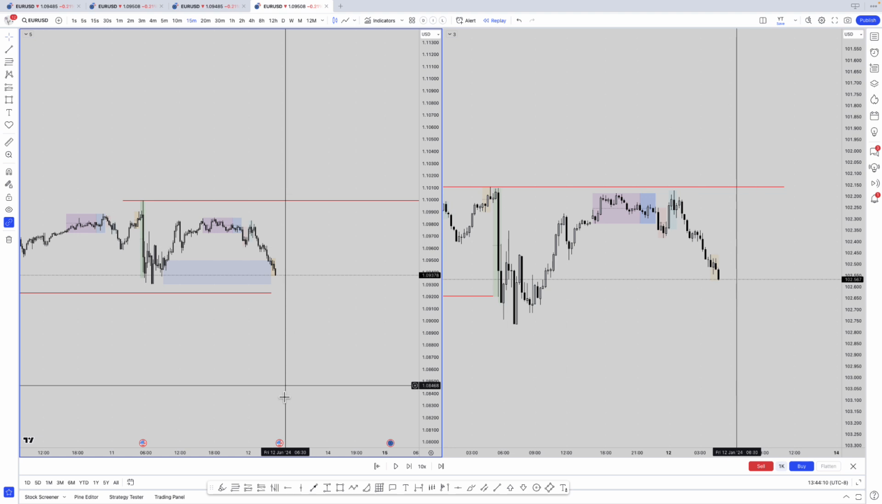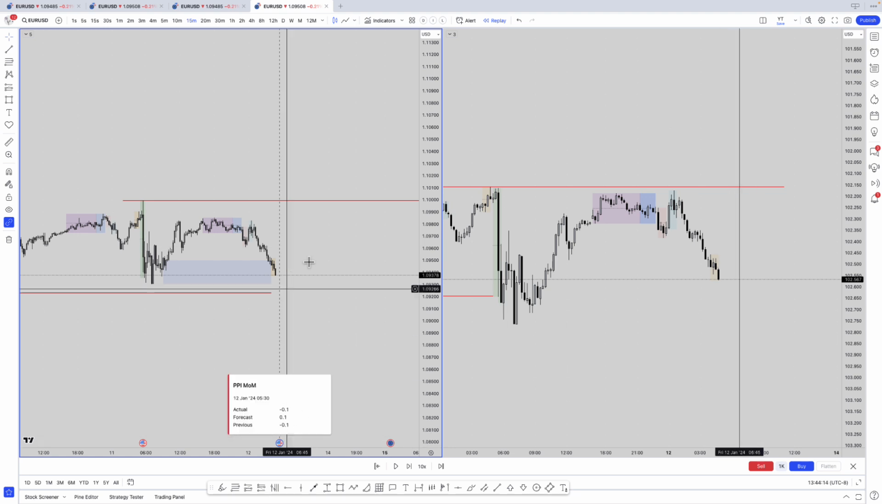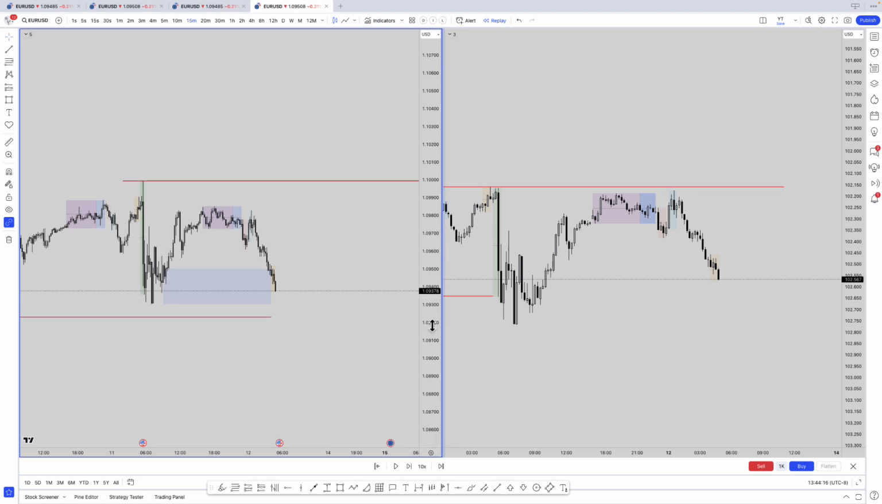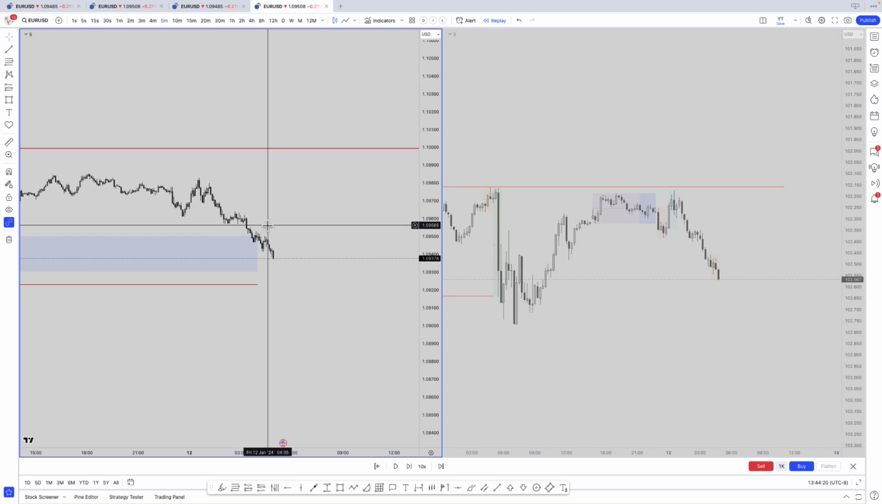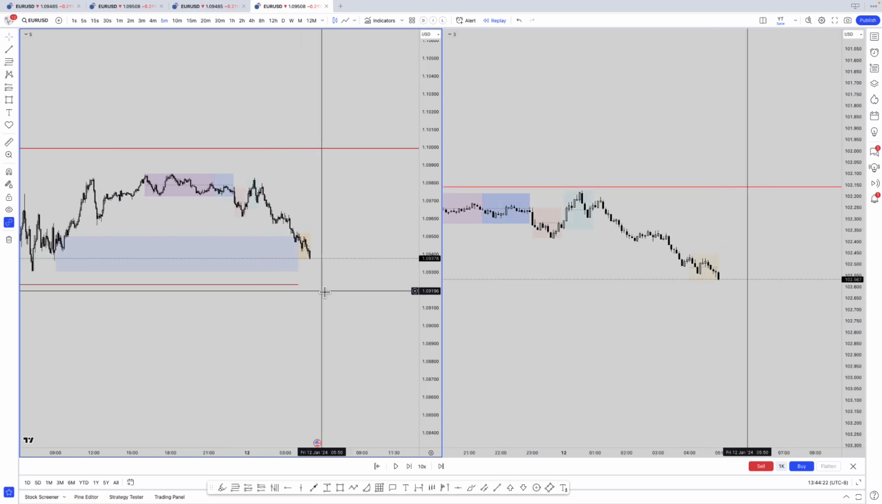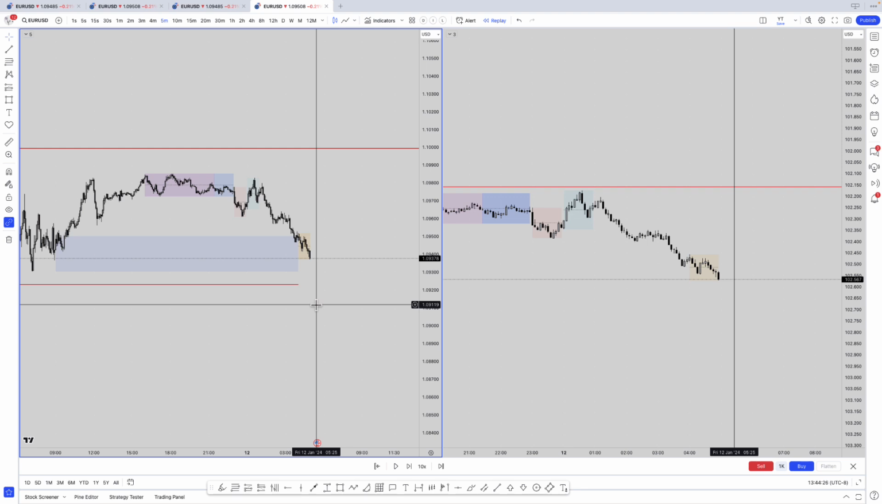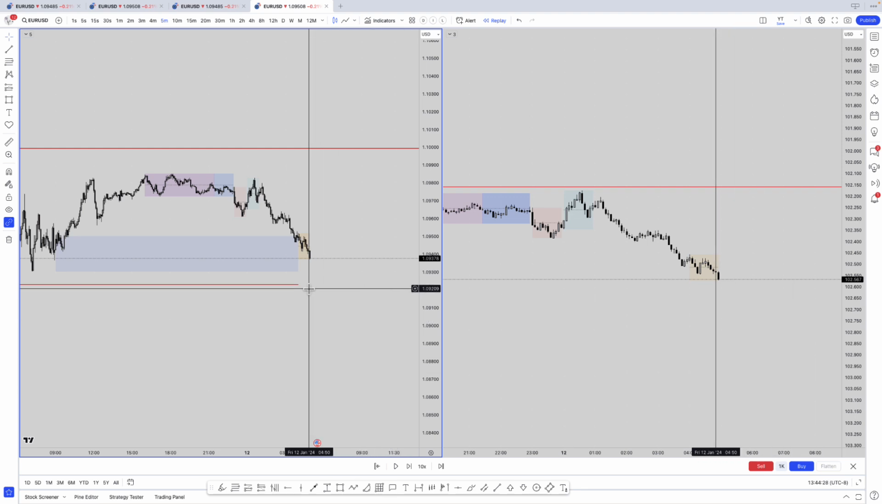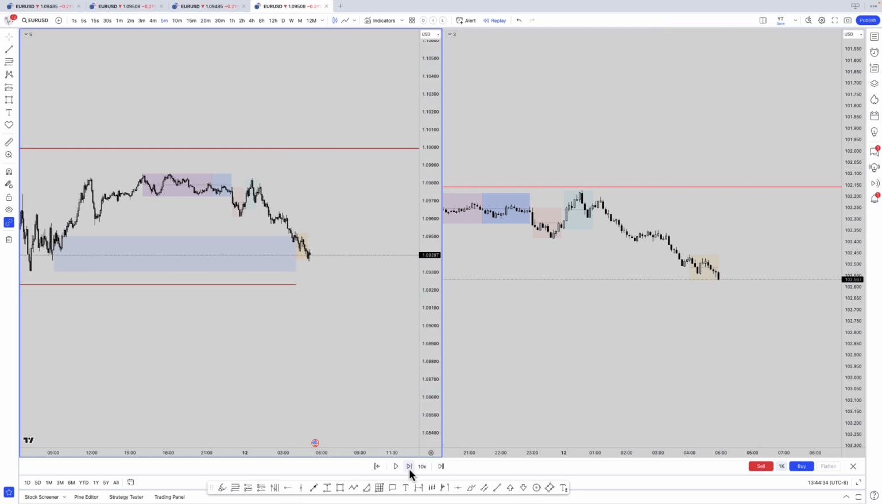So what we have here is the PPI news release. So we're actually just going to wait for that news release to happen before we even consider a trade. One reason being is if this news comes out really leaning towards one side or the other, it can actually change our whole bias. So with that in mind,